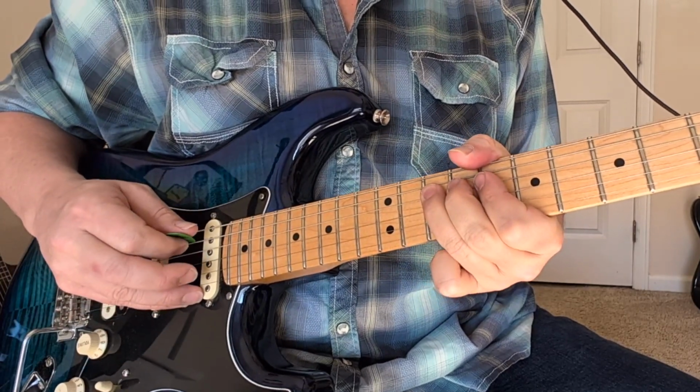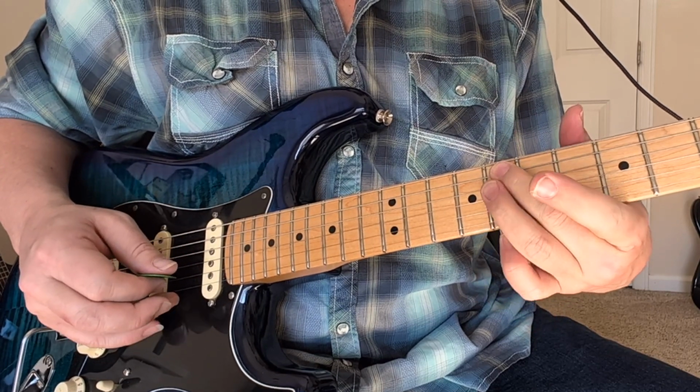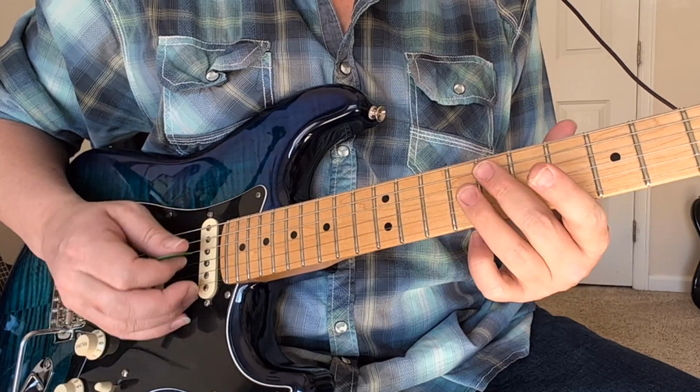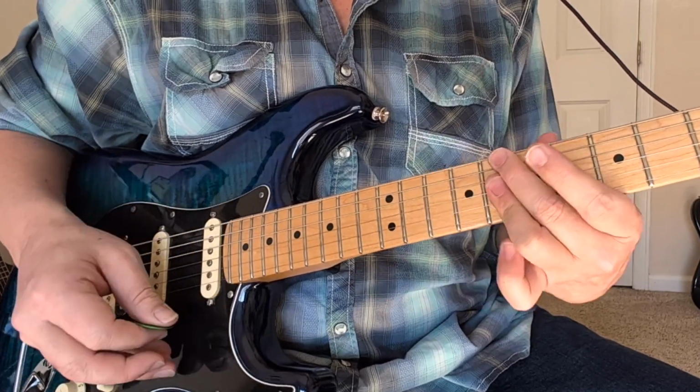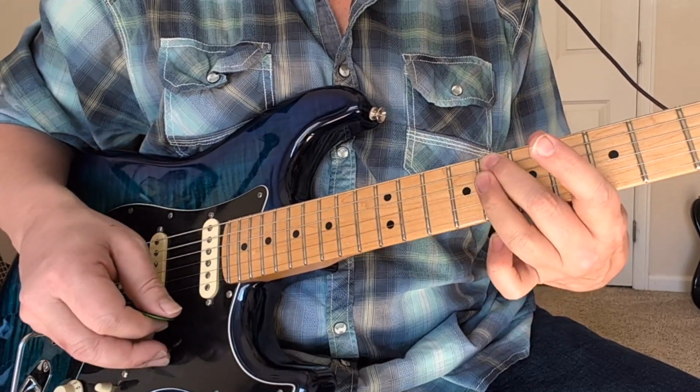Okay, now we go to the F9 chord. So we're only going to need the bass note with your middle finger. We're going to have this ring finger down here to slide these bottom 3 strings, 8s to 10s and back. Okay, so that was...